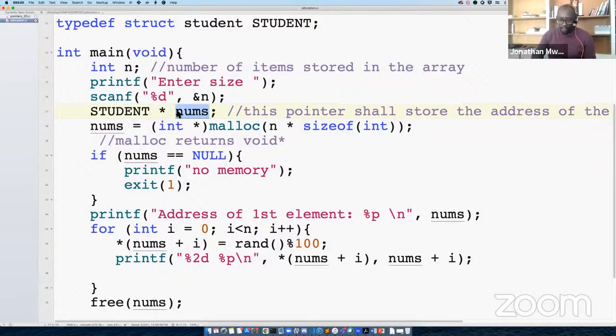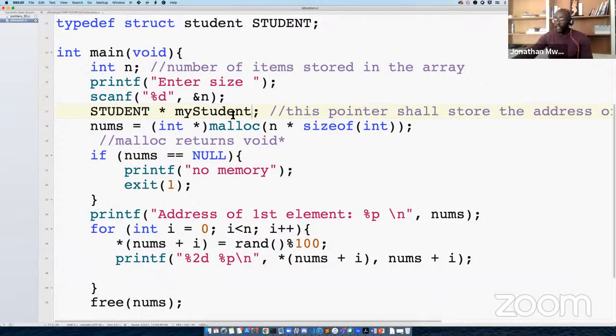Let's rename this array to make it nicer and call it myStudent. So myStudent is a variable that keeps addresses of items of type student, which is the same as what we had before. nums was a variable that was keeping items of type integer. But now here, myStudent is a variable that keeps addresses of type student.